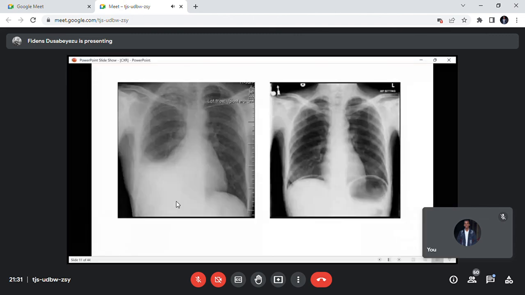By the way, that's a sign I wanted to teach you today also, another important sign. When you see an opacity at the base of the lung,